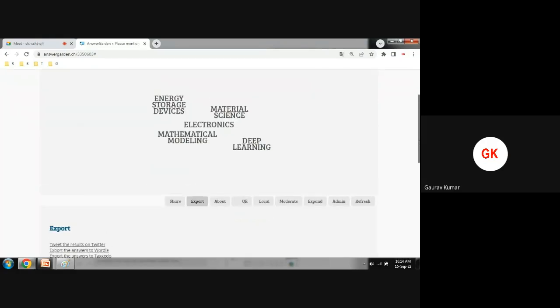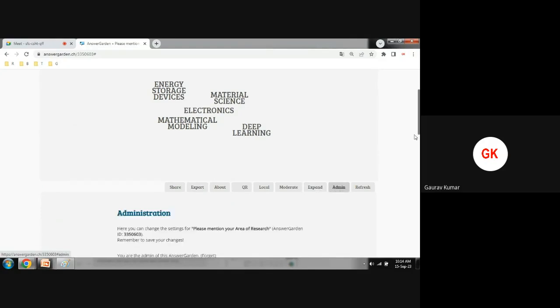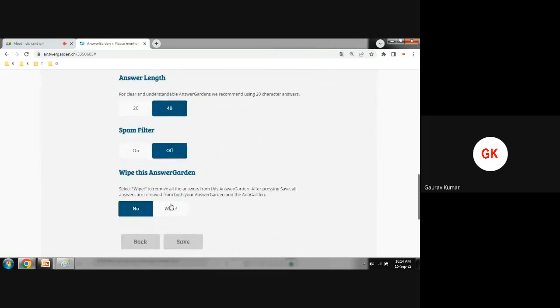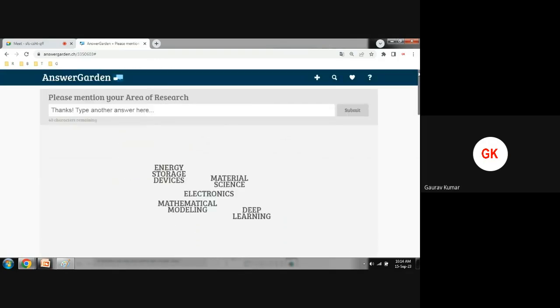If you want to wipe out all answers after taking responses, if you want to remove all of these questions and answers, so wipe this answer garden and wipe out. Okay, so that your data will be private to our organization. After taking a screenshot or after downloading this sheet, we can delete it. So completely anonymous, without taking anybody's credentials, without asking anybody to join a particular course or a particular short code, we can simply use